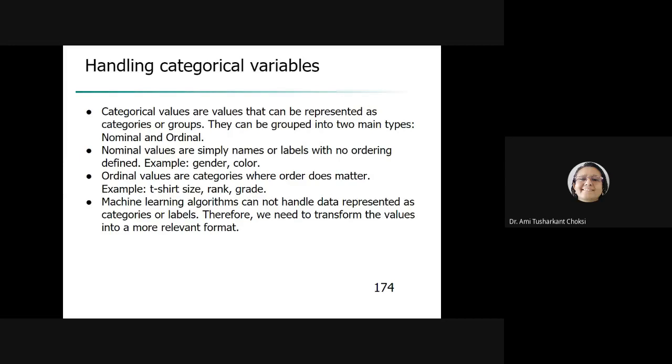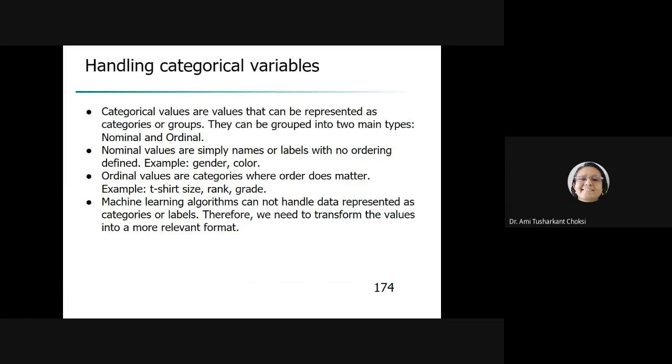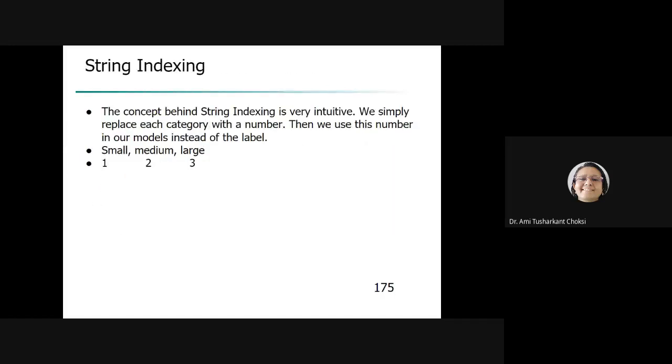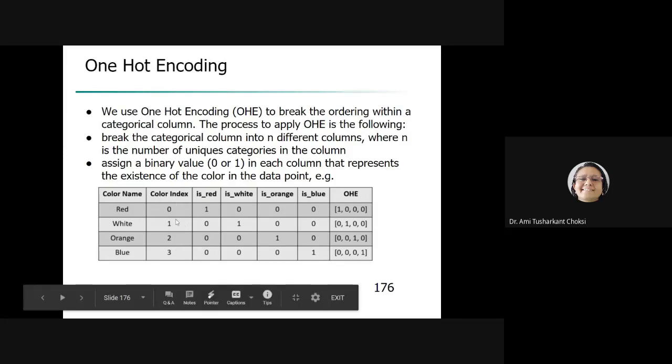The thing is, machine learning algorithms cannot handle data represented as categories or labels. So we need to transform these values into numbers, right? For that, one thing is string indexing and the second one is one hot encoding. In that, first of all we do string indexing. After that